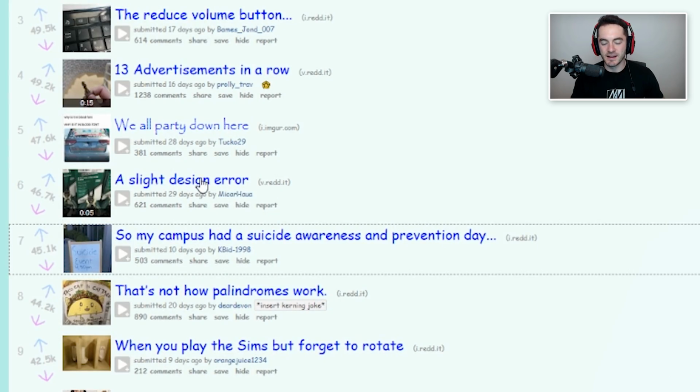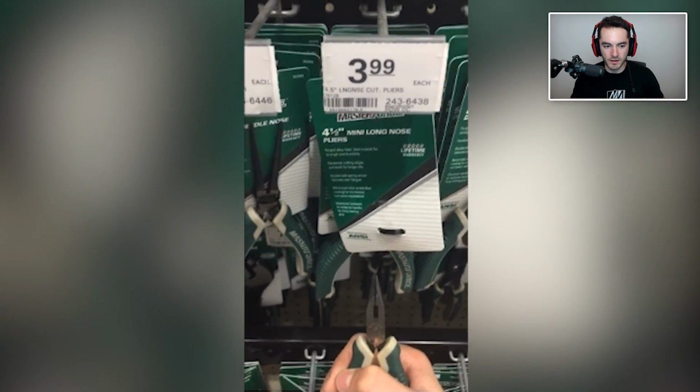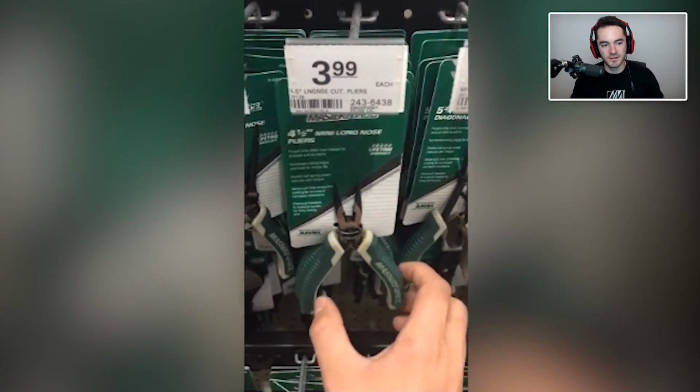A slight design error. Oh, are they like the wrong way? Oh, that's...